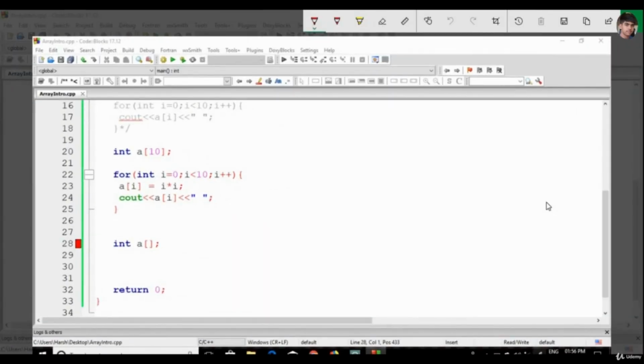So that means when you want to create an array, you have to give the size of the array. For example, you want to create an array of size 16, that is 16 boxes. So you have to give size. You cannot write int a. So this is wrong. You have to give size. Okay, so it is mandatory to give how many boxes you want.